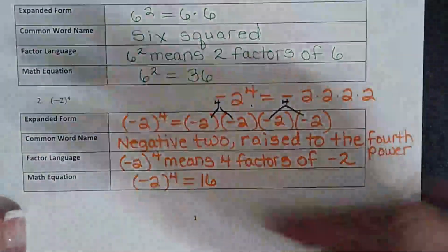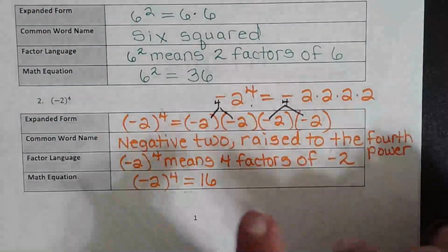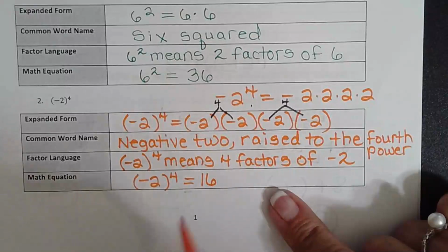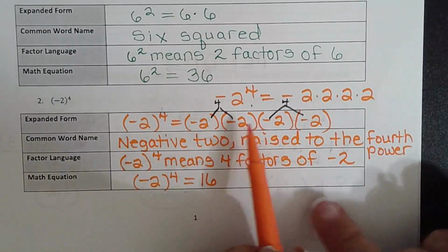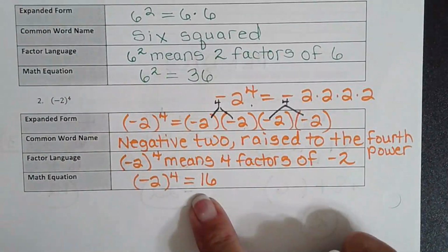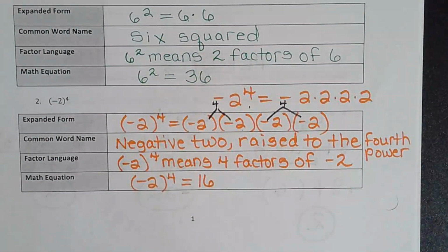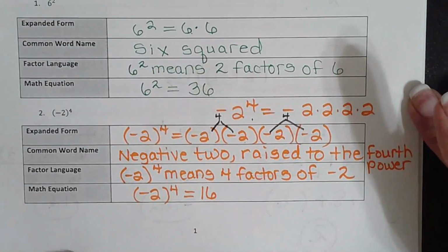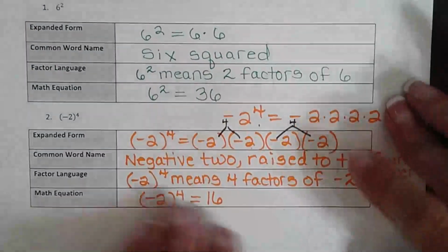Much easier than going down the line. Or you could say 4 negatives is a positive, so put your positive there, and then you could go 2 times 2 is 4, times 2 is 8, times 2 is 16, and your positive is sitting there waiting for you. So whatever works for you. So it's kind of fun stuff, right? Okay, next